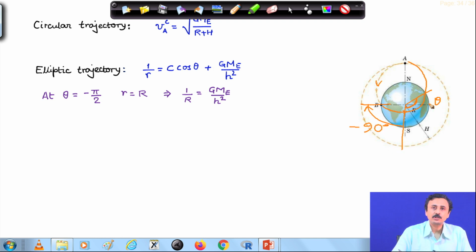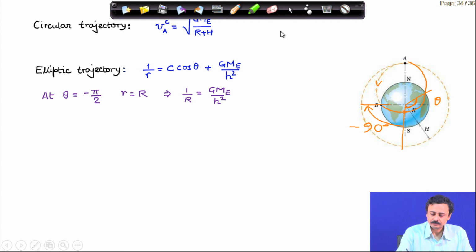Theta is being measured positive in the counterclockwise direction. That is how the satellite is moving. Therefore, at theta equal to minus pi by 2, the radial coordinate of the satellite on this hypothetical elliptic path, of which it will traverse only a part, of course,